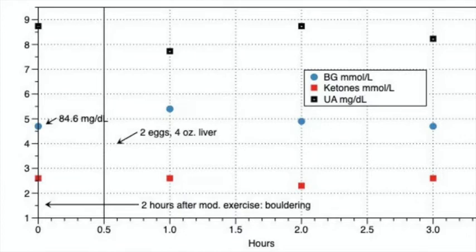Initially, the uric acid drops a little bit. Remember that it takes time for your body to digest the protein that you just ate. And so you can see that the uric acid indeed then rises post-meal before it begins to come back down to the baseline. The ingestion of protein and/or exercise cause an increase in uric acid, but my uric acid rapidly returns to my baseline, which until I went on allopurinol was between 8 and 8.5 mg per deciliter, and then later between 6 and 8 mg per deciliter.